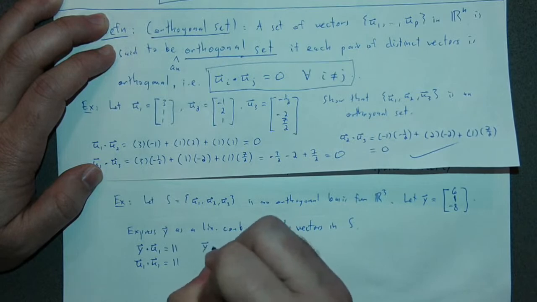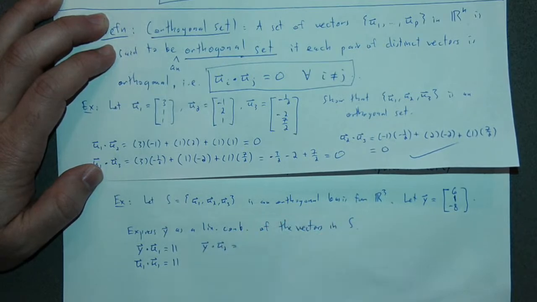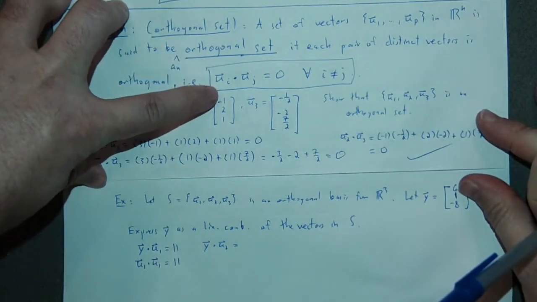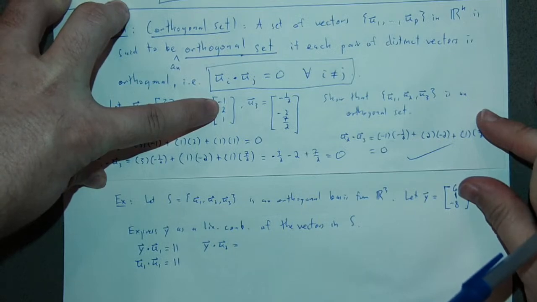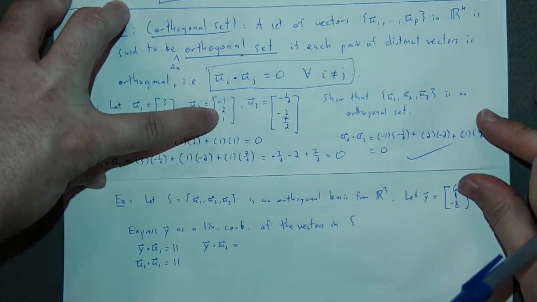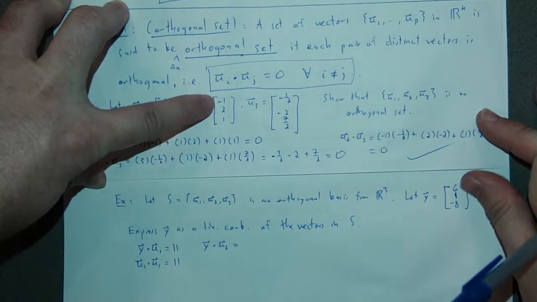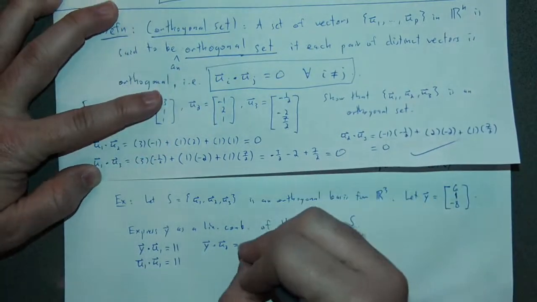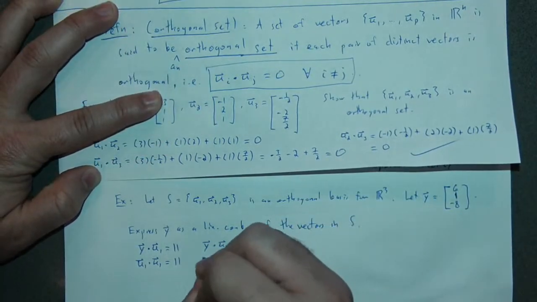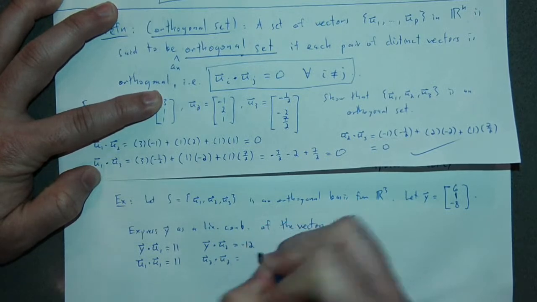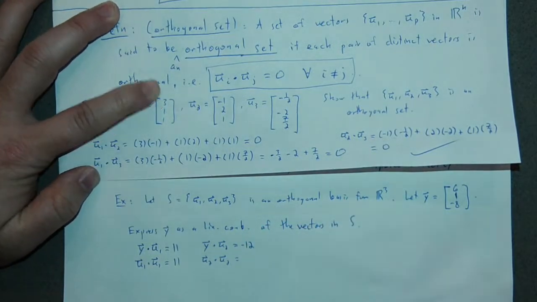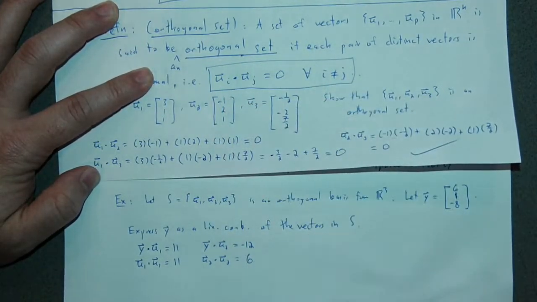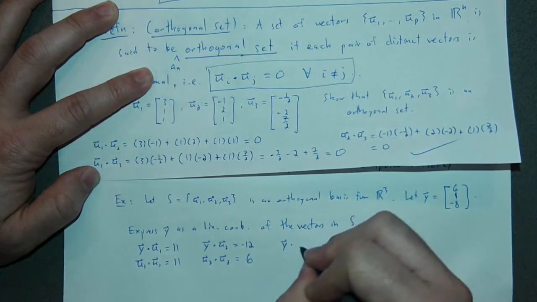Okay, let's do y dotted with u2. So 6 times minus 1 plus 2 times 1 plus 1 times minus 8. So that is minus 12. Let's see, minus 6 plus 2 minus 8. Yeah, that's minus 12. And then u2 dotted with itself is going to be minus 1 squared plus 2 squared plus 1 squared. So that's 6. And then lastly, y dotted with u3